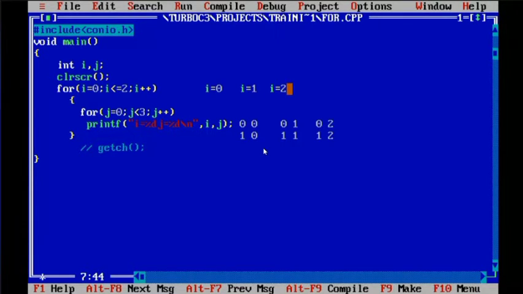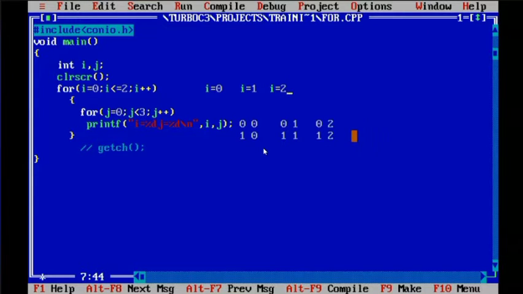Then when I is 1 again you have executed, when I is 2 again you have executed. j remains the same where I changes, and I remains the same when j changes. I remains the same for one set of j values. j completed, I value increased, j remains the same, again I value increased, j remains the same.